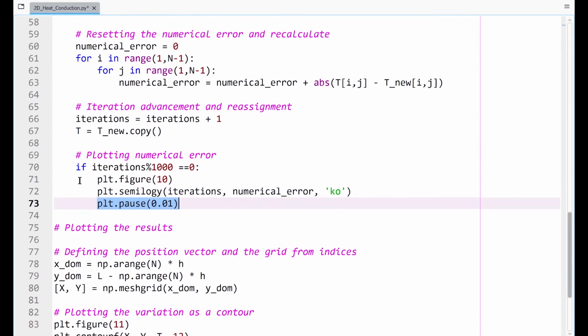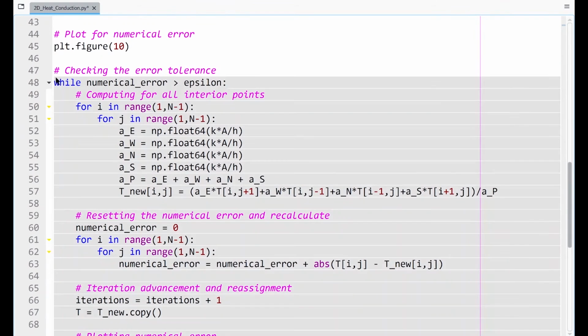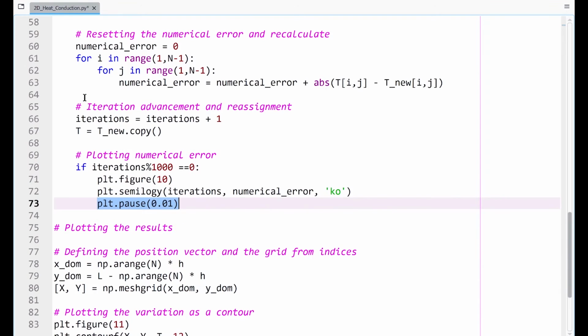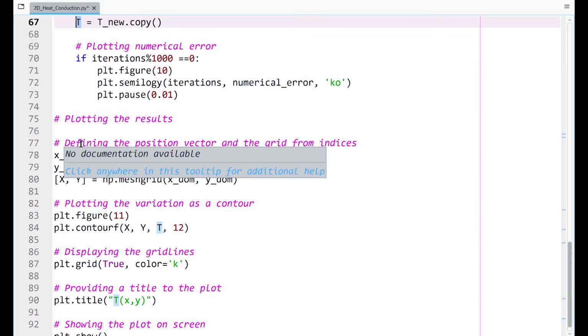So let us say once we get this converged solution after the execution of this entire while loop, now we want to visualize how the temperature field is. In the one-dimensional scenario, we were satisfied with a linear or plot kind of variation, but here the temperature field is two-dimensional. So temperature is a function of x and y. Accordingly, we have to pick a visualization that satisfies that. So here we would be using what is called a contour plot.